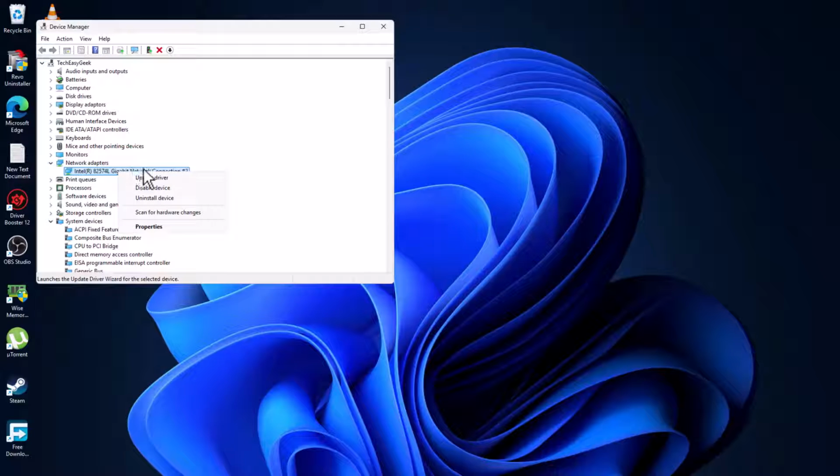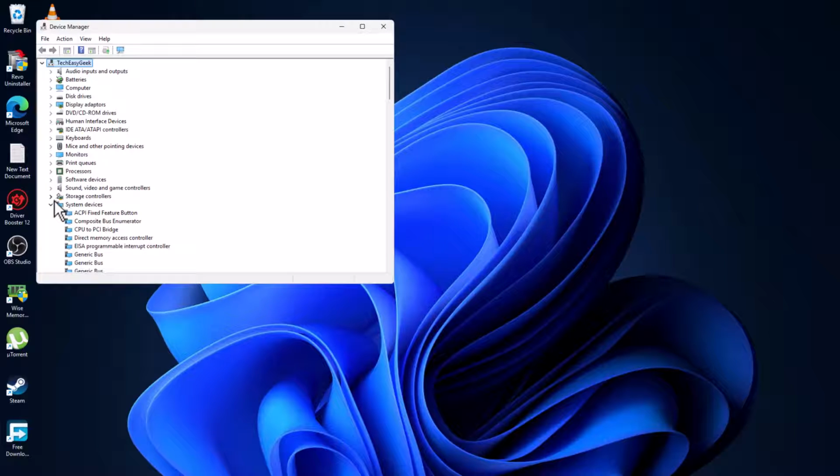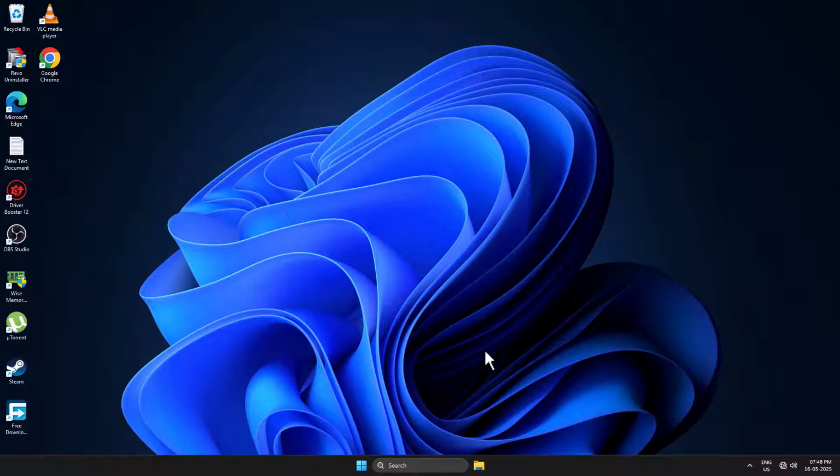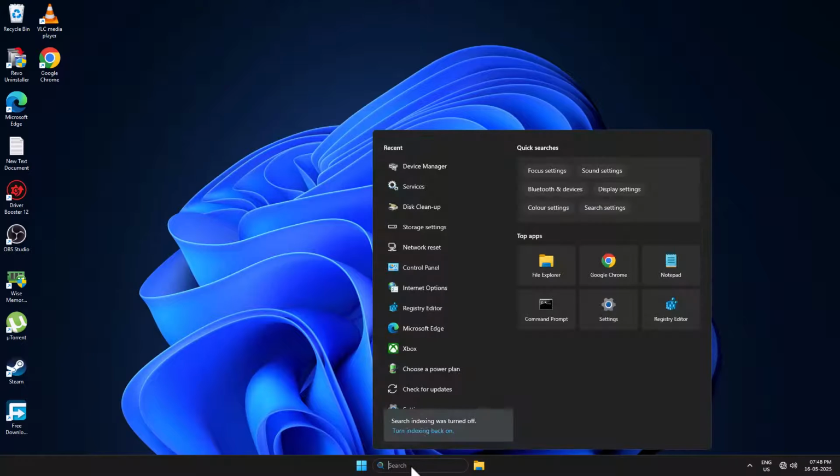If it doesn't fix your problem, then right click and select the uninstall device option and select yes. And now we have uninstalled the network adapter. Just close the tab here and restart your PC. After restarting your PC, Windows will automatically reinstall the deleted driver. And if this method 2 doesn't fix your problem, method 3: you just need to go to the search menu and